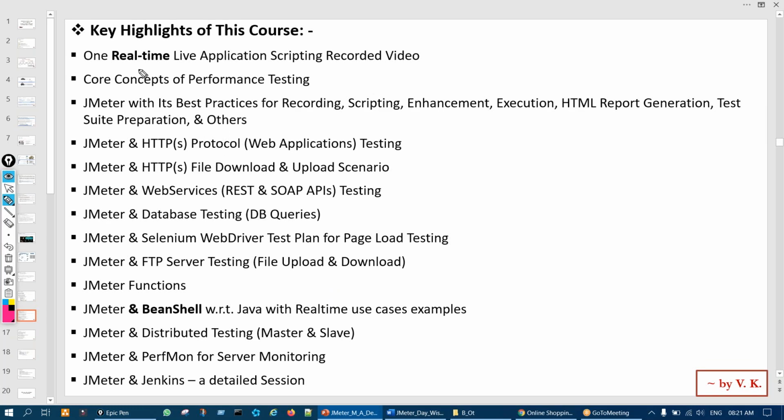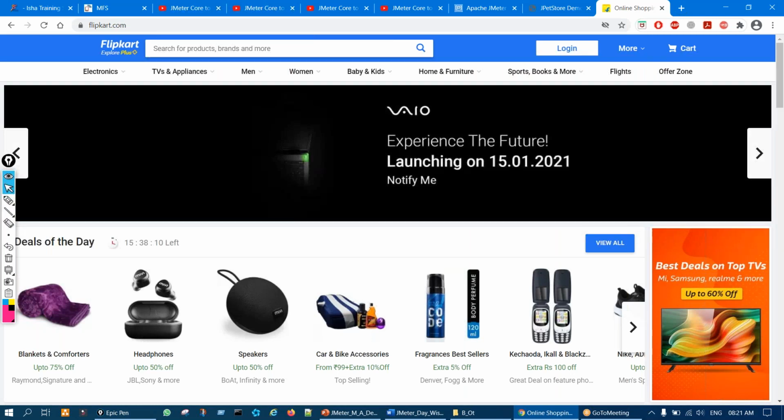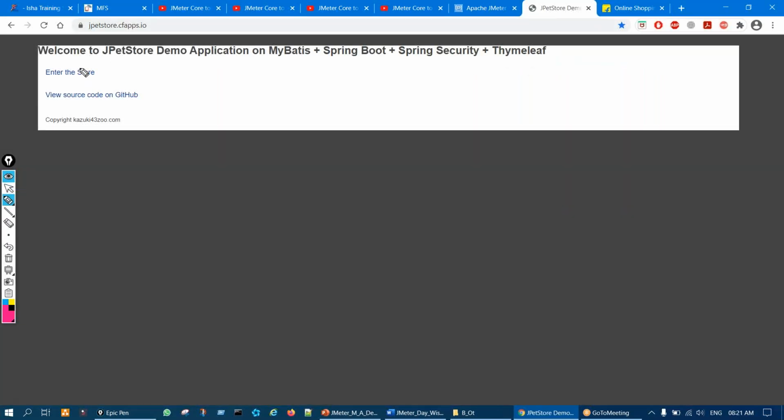Okay. So we'll be working on one real-time live application, and we have one more live application for practice also. I'll show you both. So two applications we are giving in real time, right? So what are those applications? I'll show you. One will be the JPET store. On this we'll be working and doing our sessions, right? And another application is our